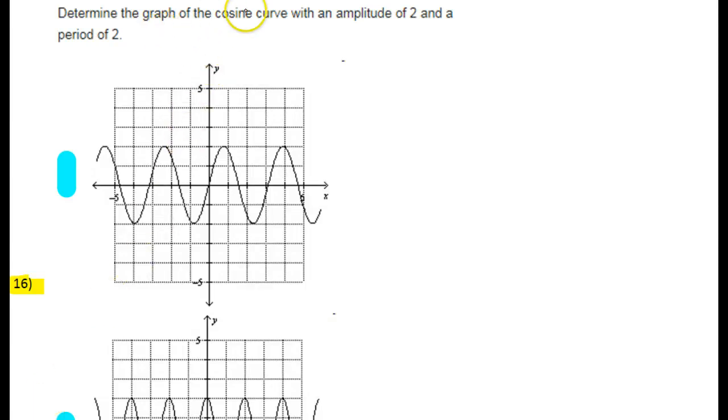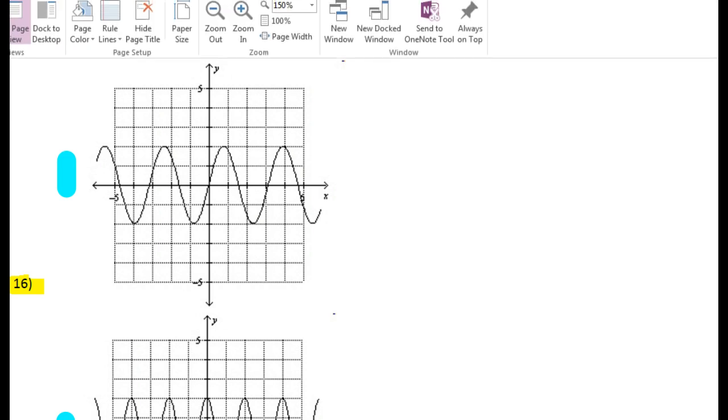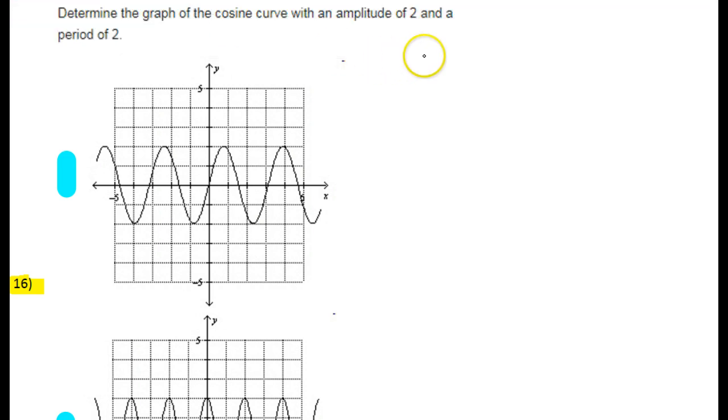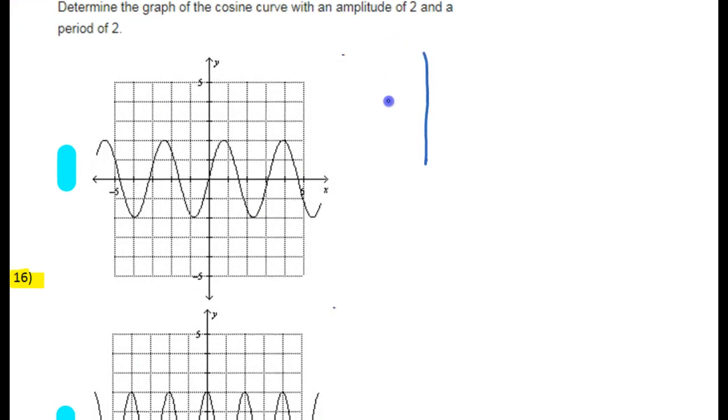Determine the graph of the cosine curve with an amplitude of 2 and a period of 2. Okay. Well, we want a cosine curve. So without any other information about phase shift, so there's no left-right motion to speak of, we know